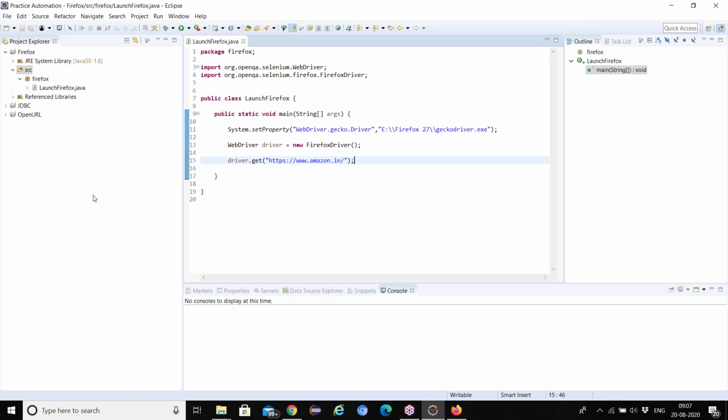But understand the concept, how we need to create a project, how we need to add the jar files, and how we need to launch the browser. If you understand the basics, the basics are very, very important. Tomorrow in an interview they will give you a white page. They won't give you the whole system, so you need to be aware of all these things.